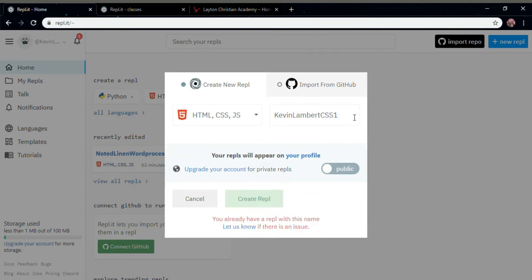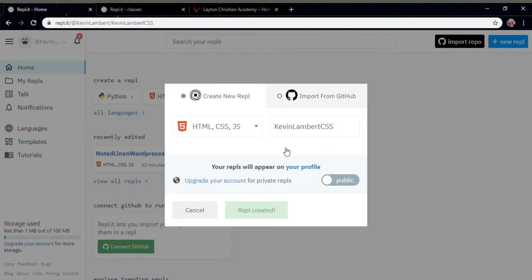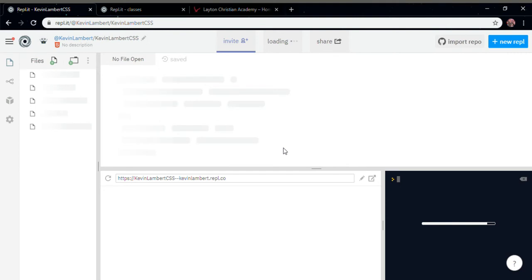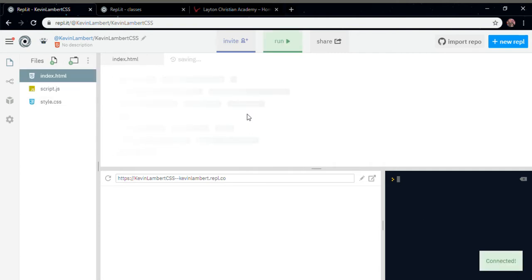I already have one with that name, so I'm just going to erase the one and create this one. So hopefully this time it will work. It hasn't been working lately. REPL's been kind of buggy. While we wait to see if it's going to load, oh, it did load,